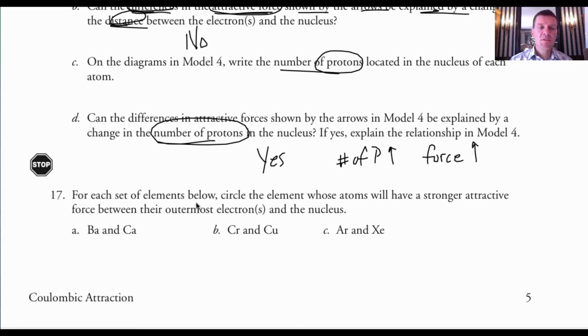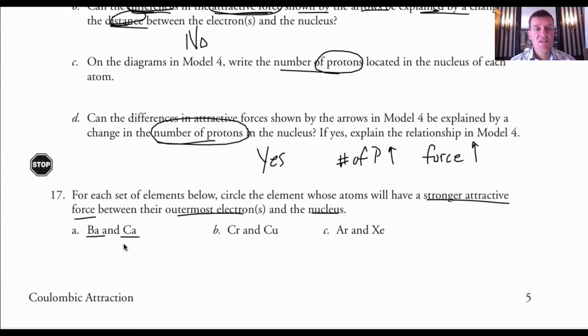For each set of elements below, circle the element whose atoms will have a stronger attractive force between their outermost electrons and the nucleus. Basically, we're looking to see which of these atoms has the greater number of protons, which will have the stronger attractive force between their outermost electrons and the nucleus. If we look at Ba and Ca,